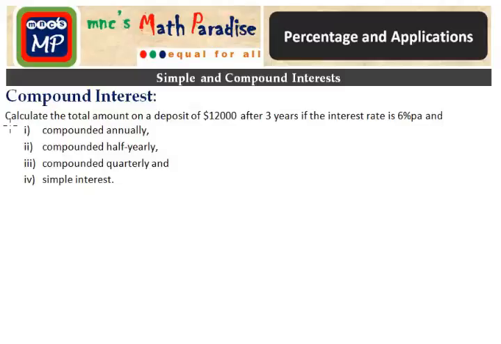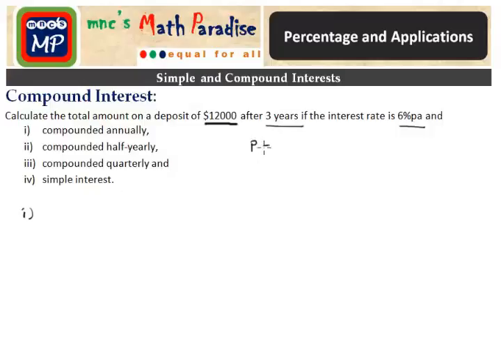Let us do one more example on compound interest. Calculate the total amount on a deposit of this. So this is the initial amount. After 3 years, if the interest rate is 6% per annum, and there are a few cases here of how the interest compounds. Annually. That means first case, principal amount P